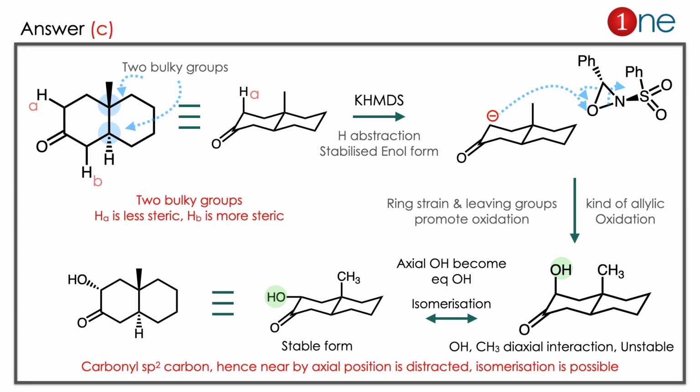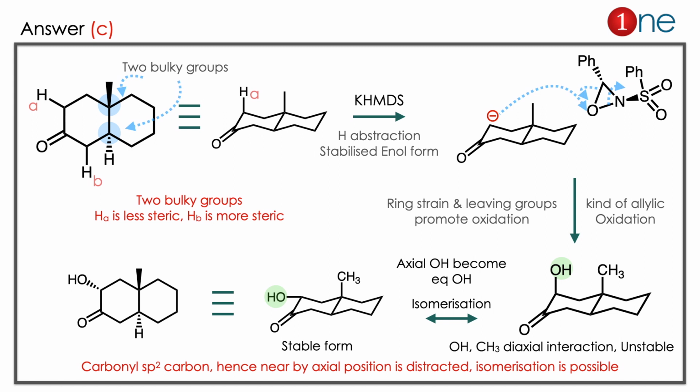The answer is C. Let us see how. The starting material is this system. It is difficult to imagine because it has a bicyclic architecture, so we redraw it in the chair form. Before that, you have to know two hydrogens are there, HA and HB. Both are acidic, but the B hydrogen is near the two bulky groups, very close by in the 1 and 2 positions. The A hydrogen is less hindered because it's away from the two tertiary groups. So the A hydrogen is readily available for abstraction, and the anion is formed.